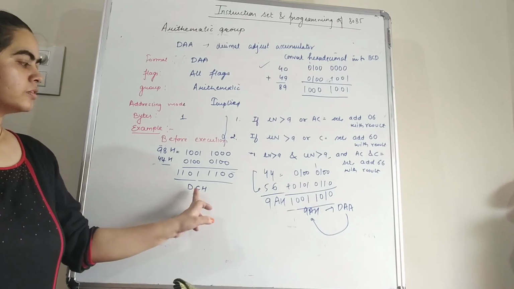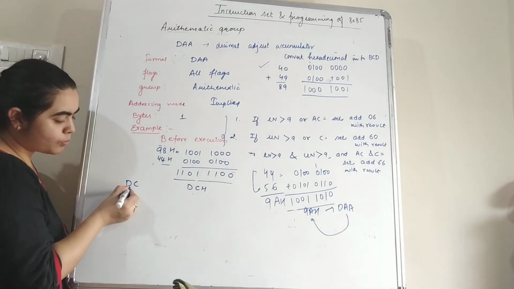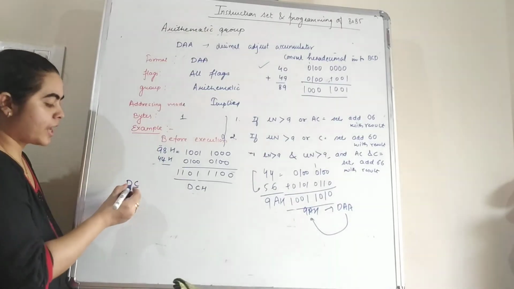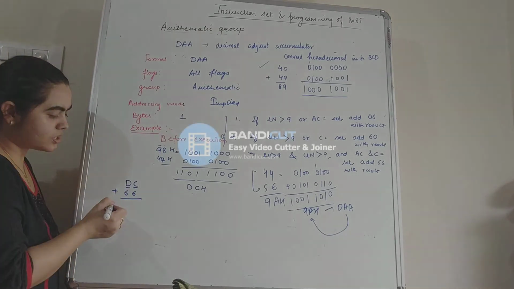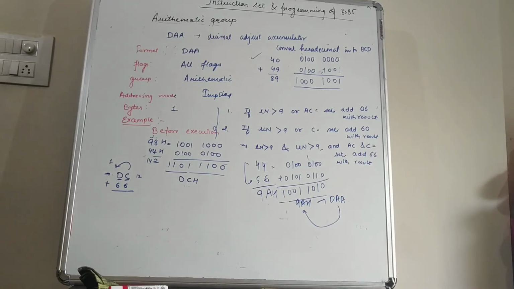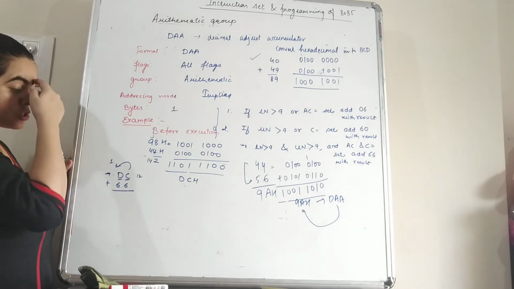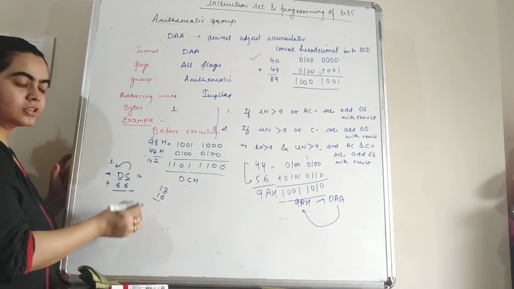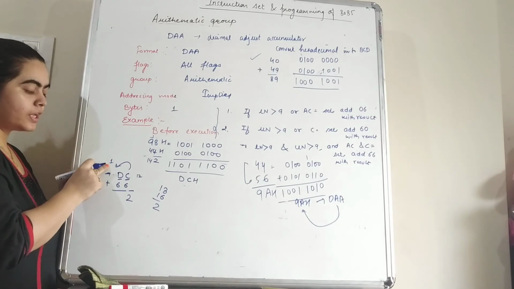But now this is the hexadecimal code. Now we have to convert this into the BCD code. So in DC, both the lower as well as the higher nibble are greater than 9. So we can add 66. Now you can add DC with 66. So C is 12 and 6, so 12 plus 6 is 18. So now we subtract 16 from 18, then the result is 2. So you can write 2 here and 1 you can take as a carry.